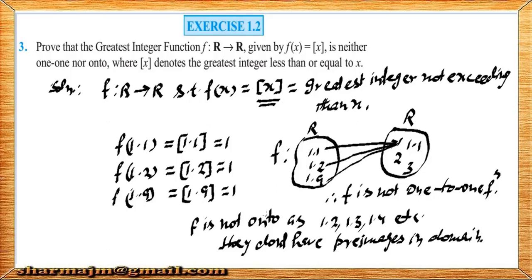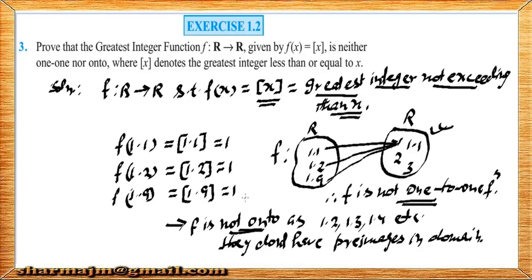Okay, so this function is not onto. कंट्राडिक्शन के लिए एक ही एलिमेंट काफ़ी होता है, तो राइट साइड में आप देखेंगे डेसिमल वाले जो भी नंबर हैं उनकी प्री इमेजेस नहीं है, क्योंकि रेंज जो इस फंक्शन की आएगी वो इंटीजर ही आएगी। डेफिनीशन ही इस तरह से है कि f of x is equal to greatest integer not exceeding x, तो जो भी रेंज आएगी इस फंक्शन की इंटीजर आएगी। तो कोडोमेन में जो बाकी फ्रैक्शंस हैं उनकी प्री इमेजेस नहीं है, इसलिए दिस फंक्शन इज नॉट ऑन टू। So neither 1 1 nor onto.